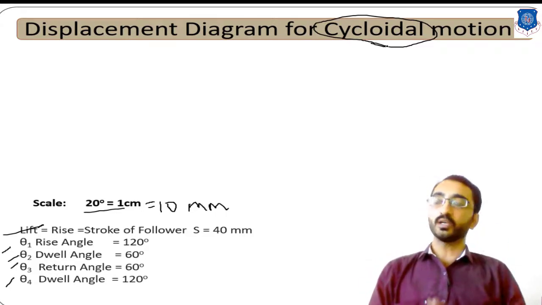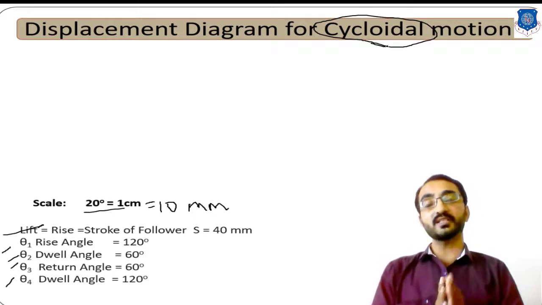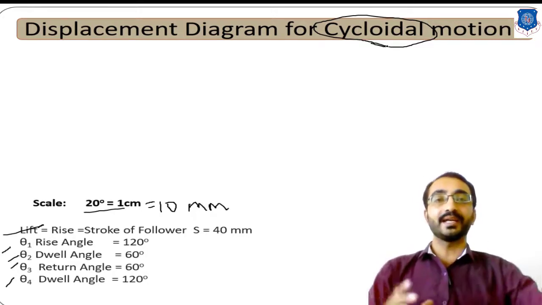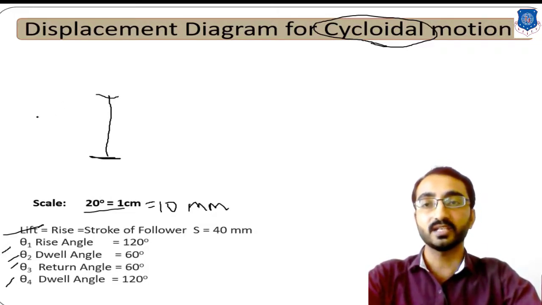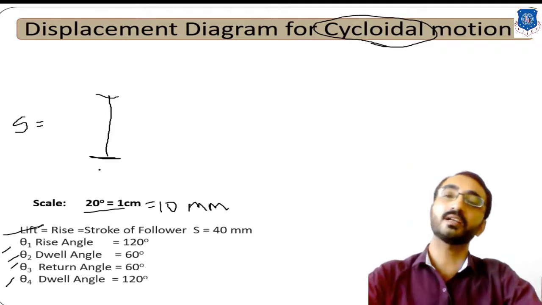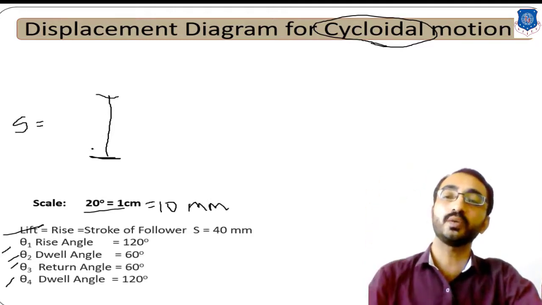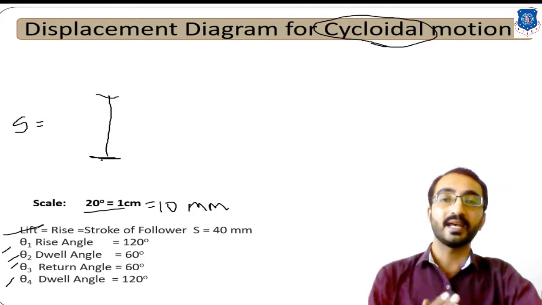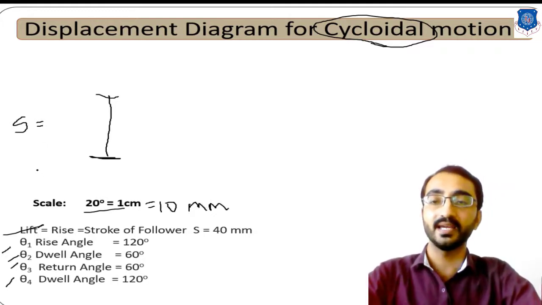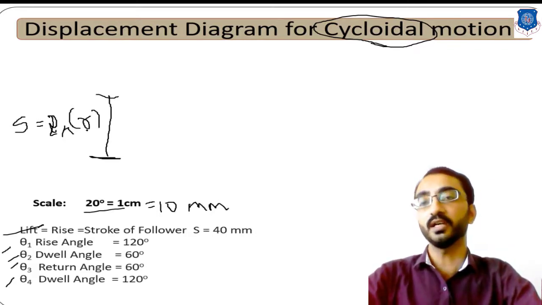Now if you consider that the follower is moving with cycloidal motion, what it means is that while it is moving from the bottommost position to the topmost position, that is the stroke length, while completing this entire stroke length, it will cover one complete rotation. One complete rotation means its circumference, which can be represented by 2 pi r. So during one complete rotation it will move a distance of 2 pi times the radius of this circle. Here in the data you will be given only the stroke length of your follower.